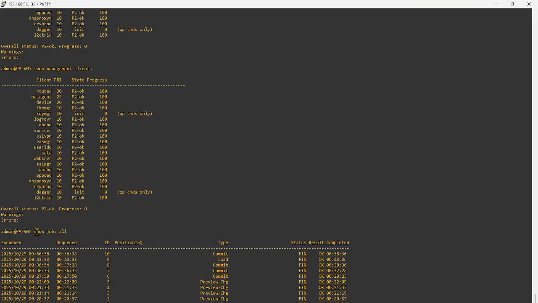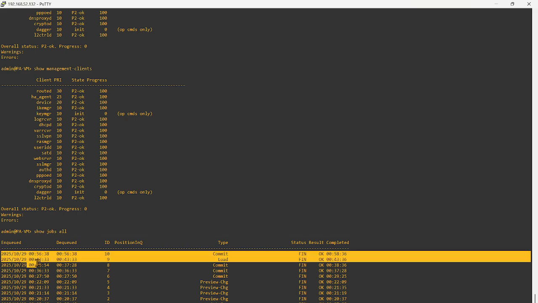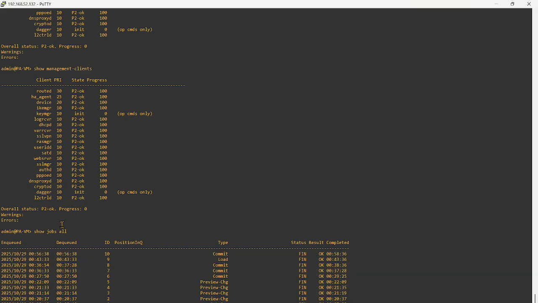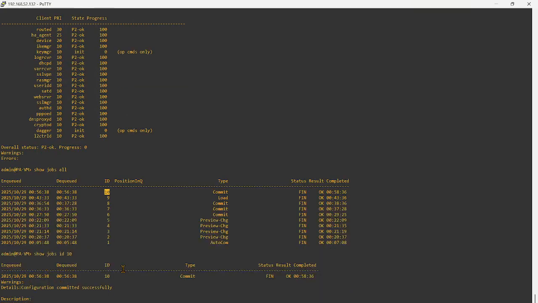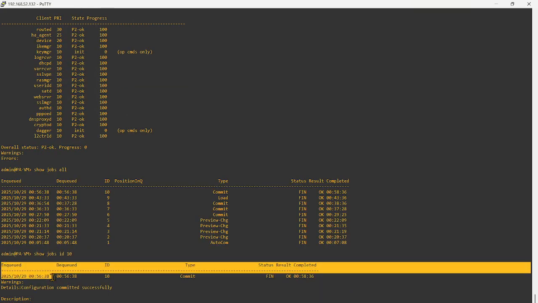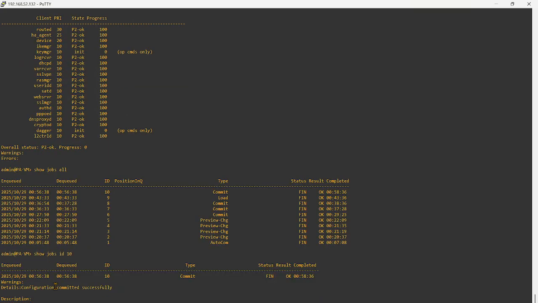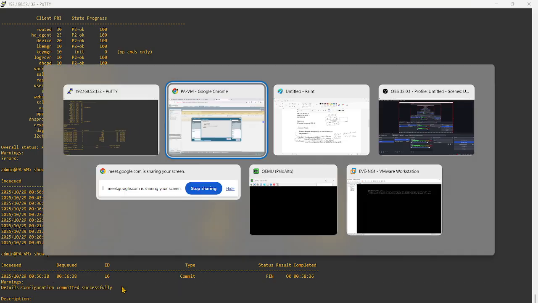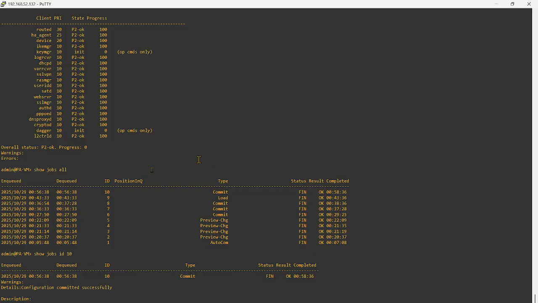Show jobs all, where you can see all the committed versions, all the commits. If you want to see only what happened in a particular commit, you can use show jobs id and mention the ID, so you get details about that particular commit. This is the same as this one, this is from the GUI and this is from the CLI.